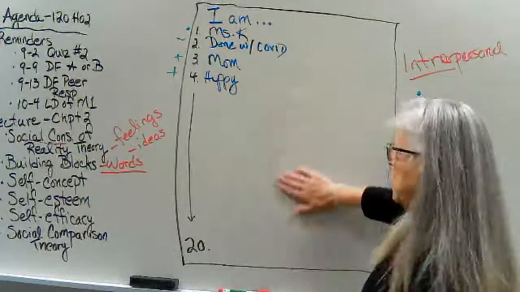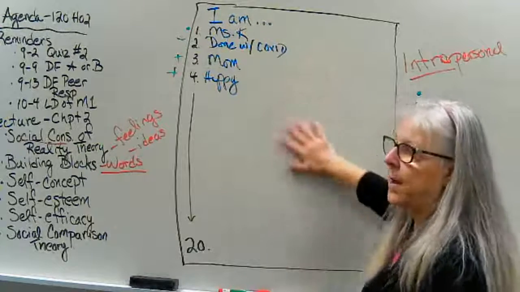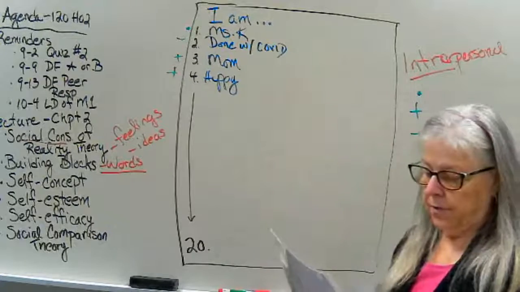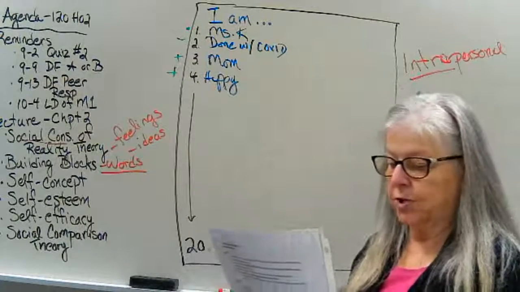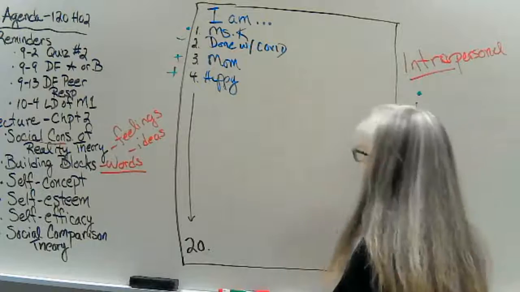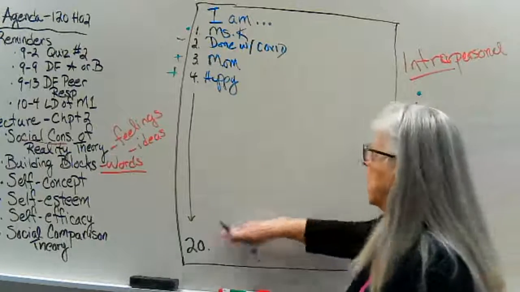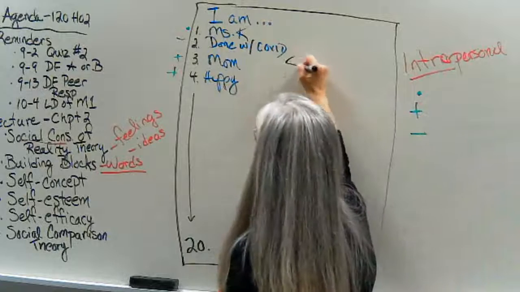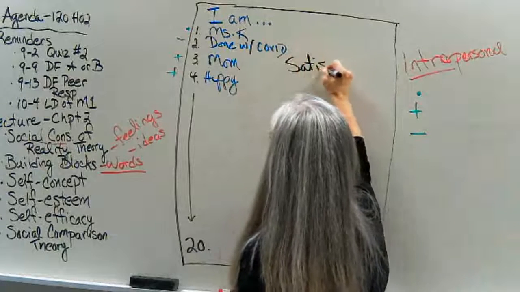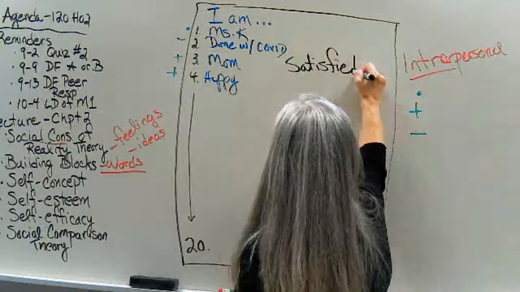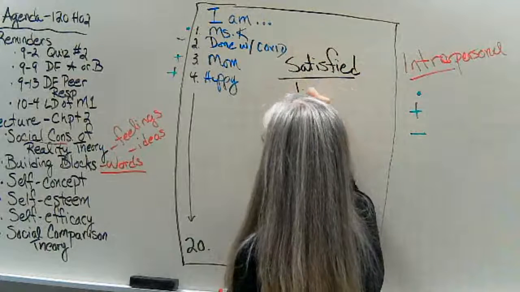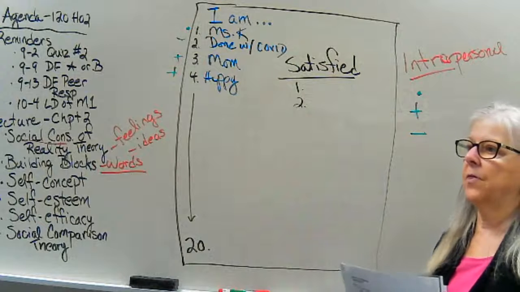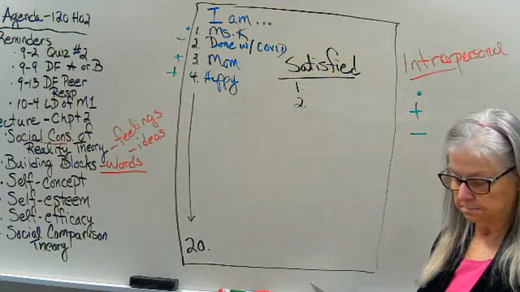Now, in the margin over here, or in this side of your paper, I want you to write a couple of elements. The first thing I want you to do is to identify two of your statements, all right, that you are satisfied with. You're satisfied. 1, 2. Write those down out of all the things on your list.